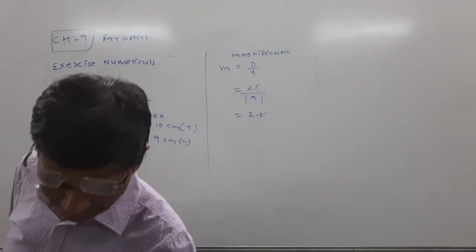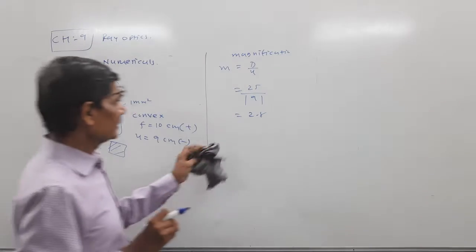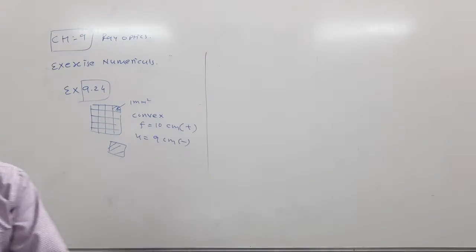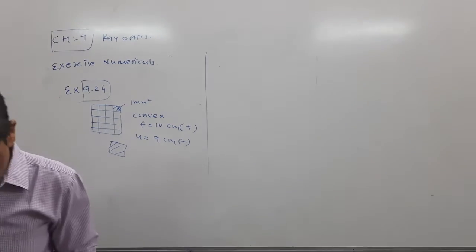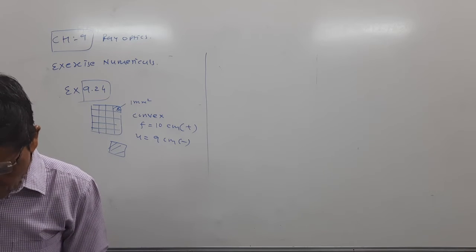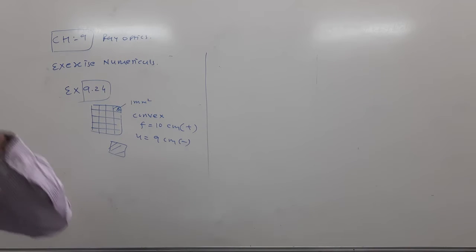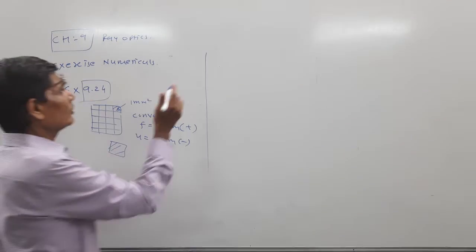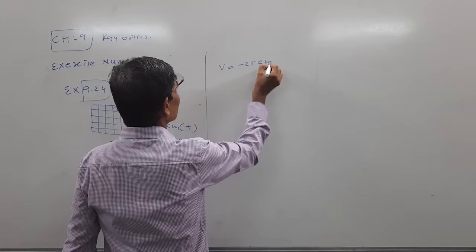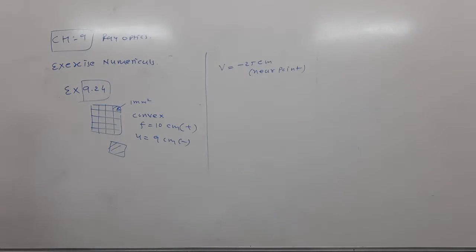Now see, our exercise number 9.24 is related to the same question. It is in continuation with exercise number 9.23. The question says: at what distance should the object be kept so that we get the maximum linear magnification? In that case, the image is to be formed at the near point. For maximum magnification, the image is to be formed at the near point, so the image distance will be 25 centimeters.